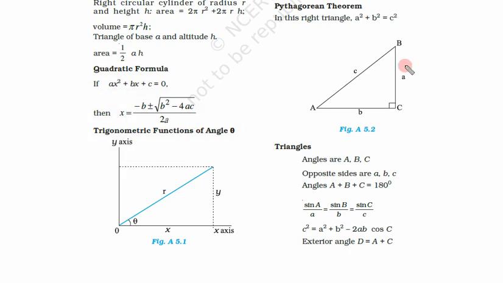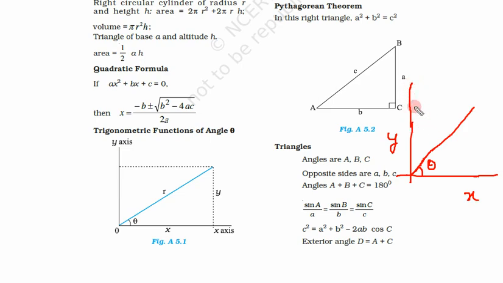Now let us come to some trigonometric functions for angle theta. So here we have a triangle. Let me draw something like this on this side. So we have a line. My line is not very good, but still think that it is a straight line. So this line is making an angle theta with this x axis. So this is x axis, this is y axis. Let me extend y axis as well.